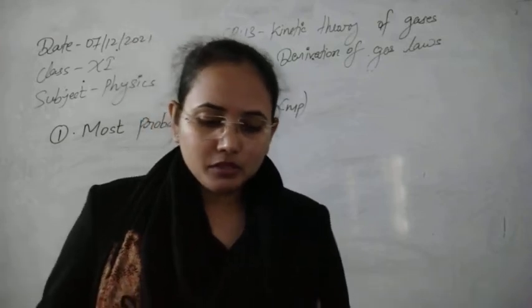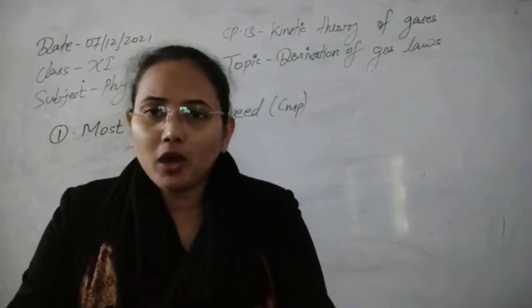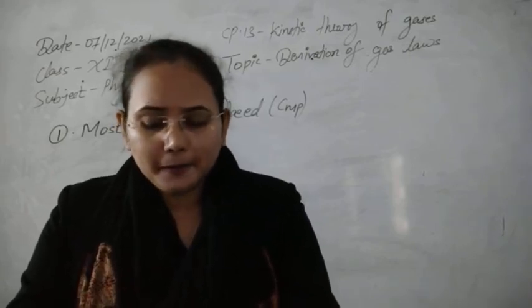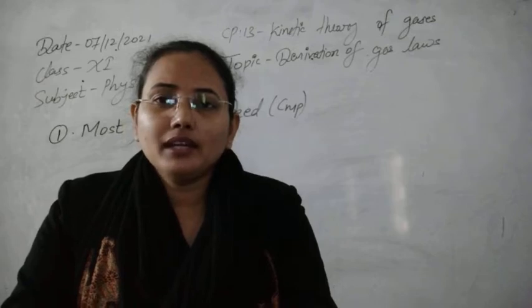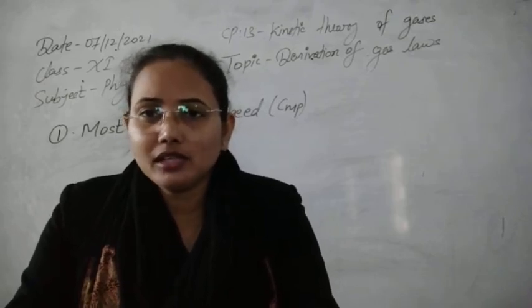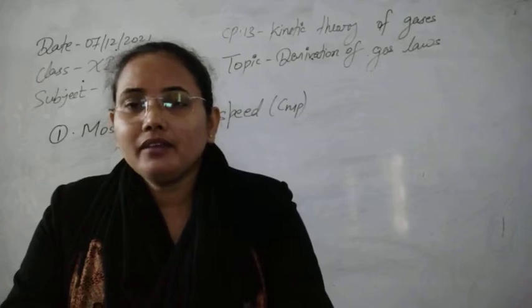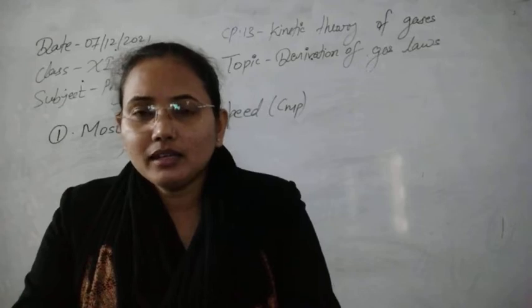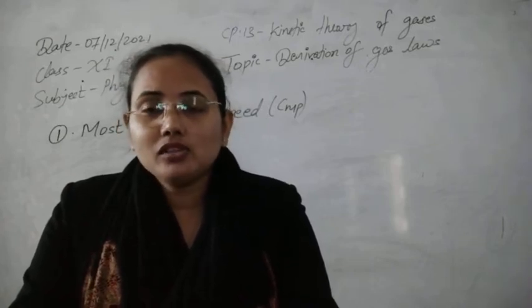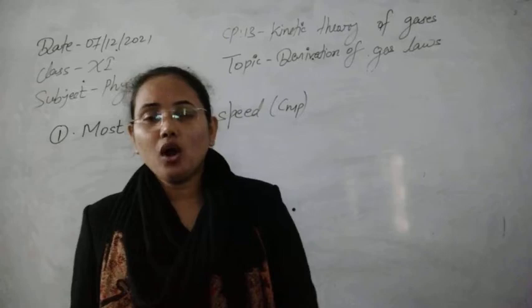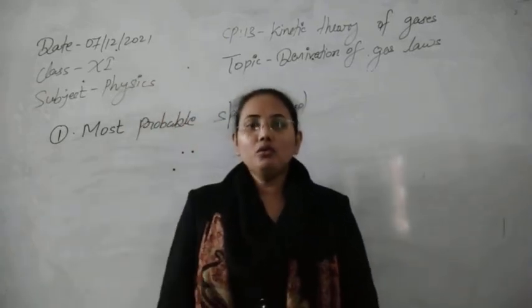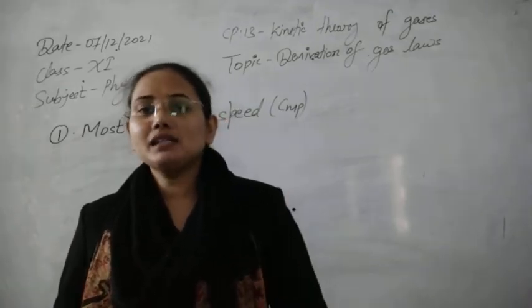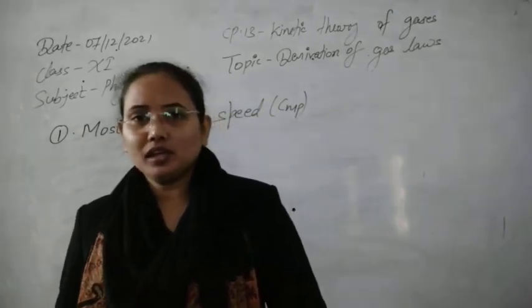For example, suppose in a gas 50 molecules are there, and out of 50 molecules, about 25 or 30 molecules are moving with the same velocity. The other 20 are moving with different velocities, meaning they don't have any common velocity, but the other 30 have a common velocity. That common velocity at which the molecules like to move is known as the most probable speed. The probability of that speed occurring is highest, and that's why it is known as most probable.